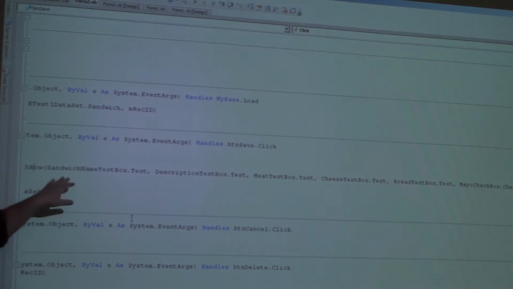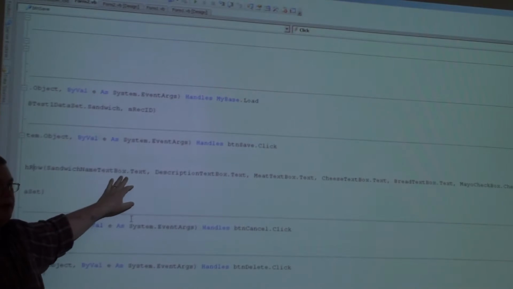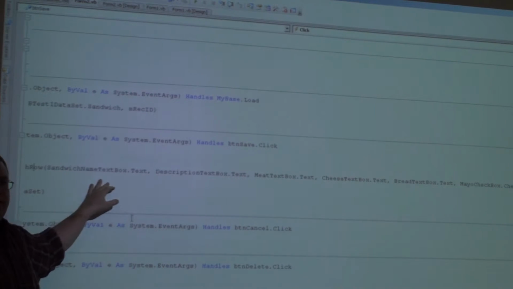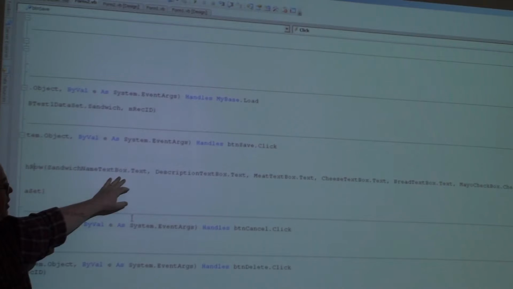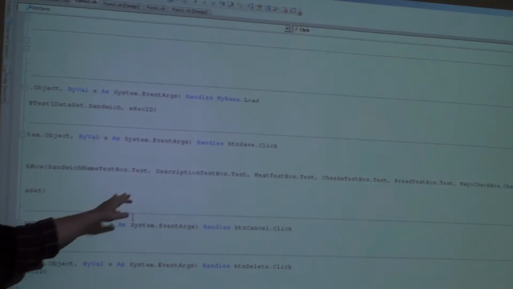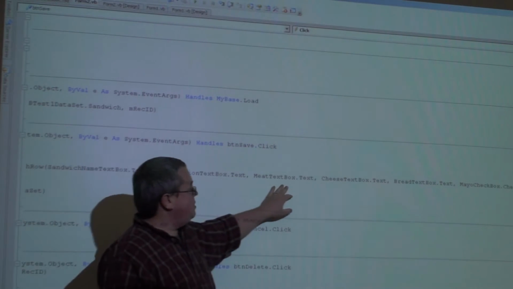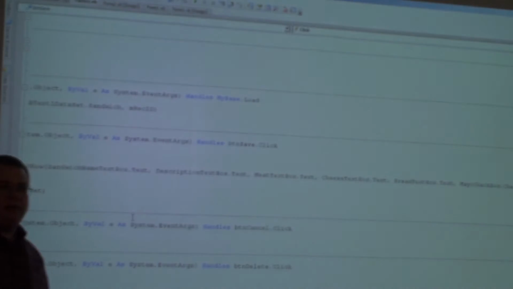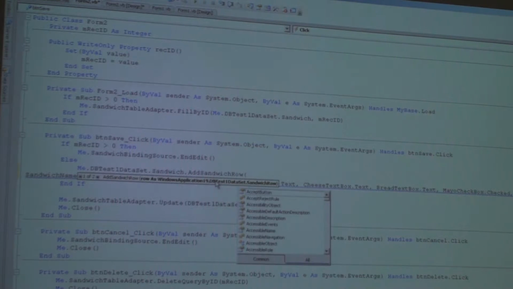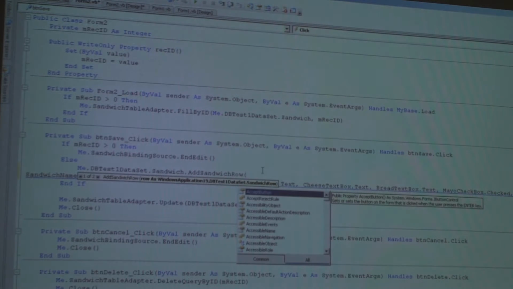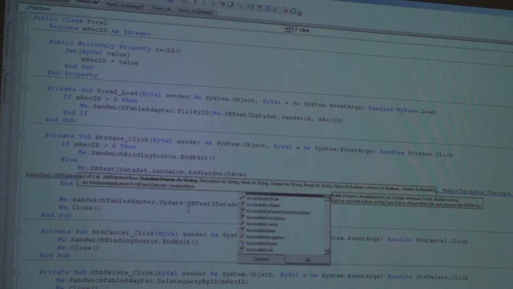Right, so the first thing we pass in is the sandwich name textbox.text value, which is whatever the user typed in the sandwich name text box. And then the second is the description, and the third is the meat, and then the cheese, and then the bread, and so on. And basically, when you have this function here, add sandwich row, you can, maybe